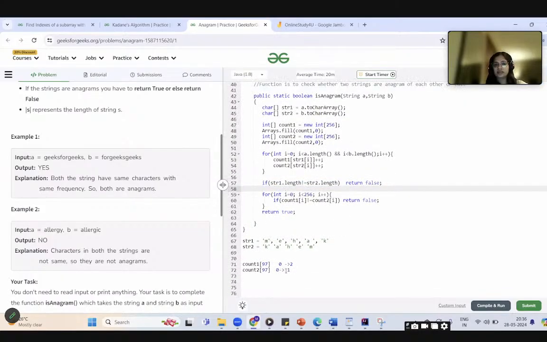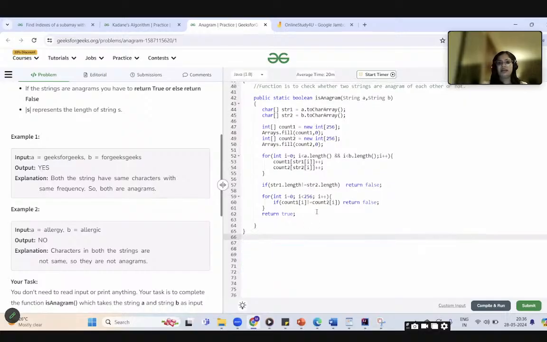So this is the basic code for anagrams, and I have covered a few concepts here, like how to convert a string to an array, and the Arrays.fill method, which is optional, just to make the code more readable, because somebody might not know what the default value of an integer in Java is. And we have also discussed the difference between the length of an array and the inbuilt length method of a string.